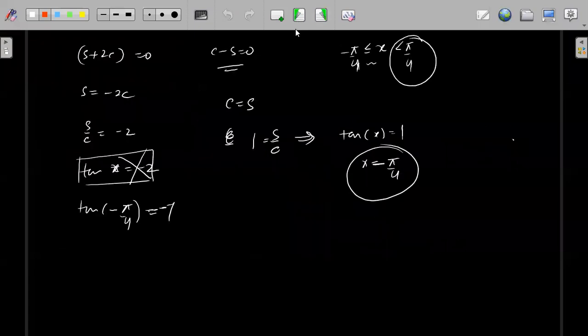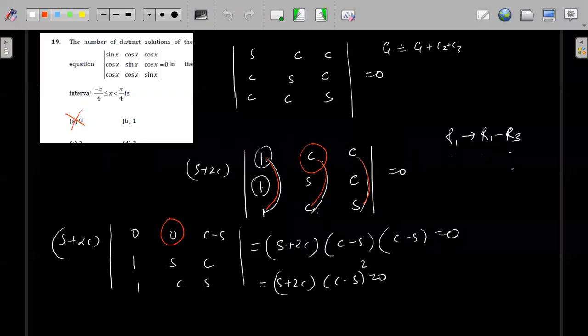No. Because first I'm getting 2 zeros in the first row only, so I'm not doing R2 is equal to R2 minus R3. I'm not doing any other. I thought we have to do 2 operations, but with one only we are getting it, so there only. Achha, in the actual question both, but okay.